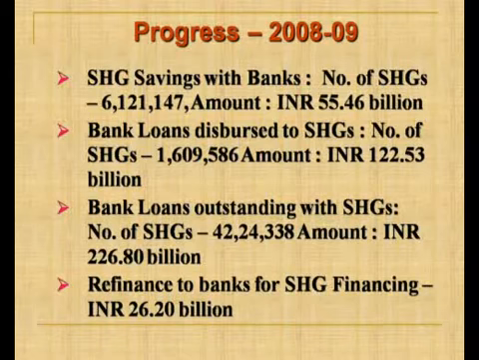Now the bank loan disbursed to SHGs by March 2009 was rupees 122.53 billion, and the number of SHGs to whom this loan was disbursed was 16,09,586. The outstanding bank loan was to the tune of 226.8 billion, and the number of SHGs having this outstanding loan was